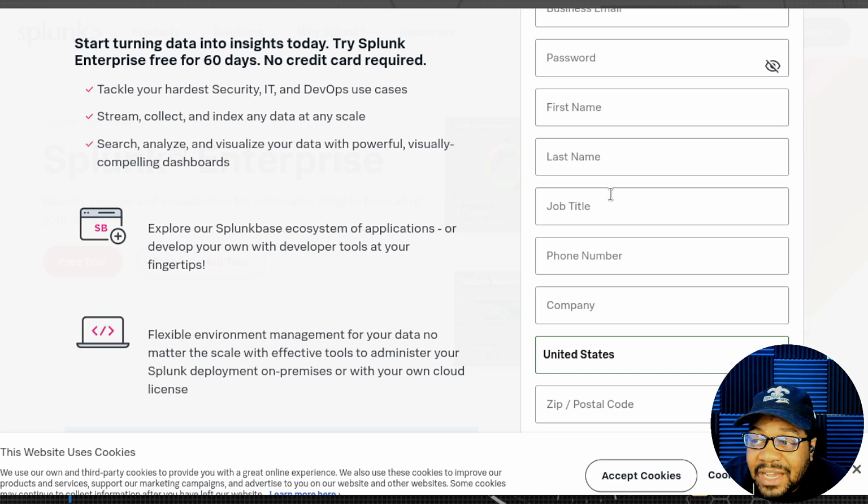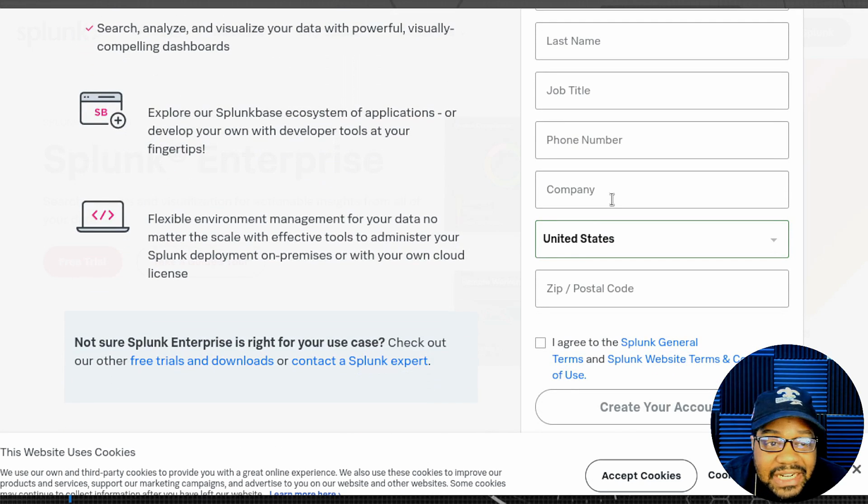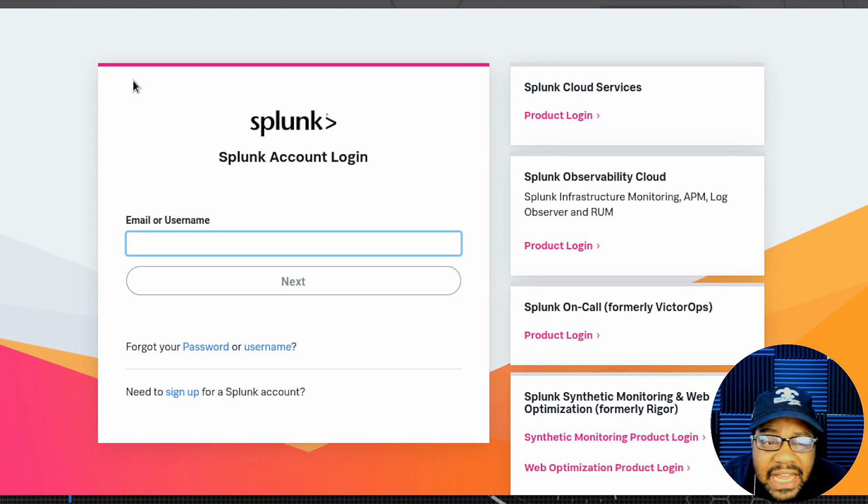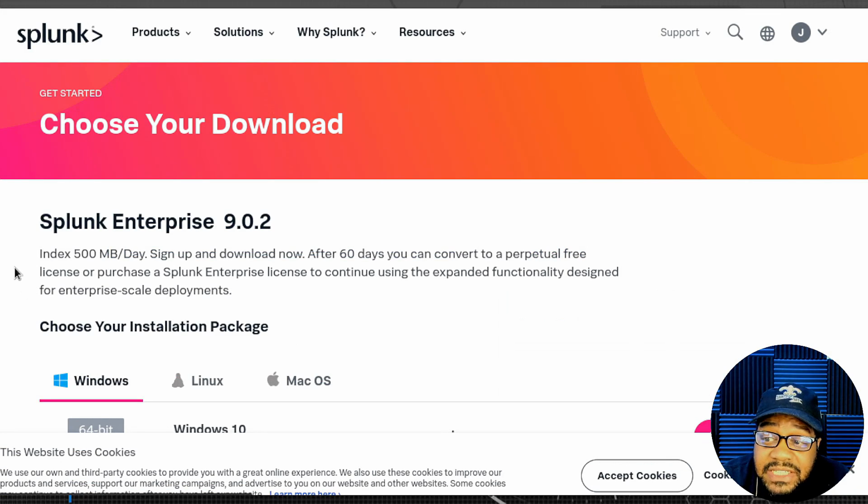It's all good. All they're gonna do is send you some marketing material, trying to get you to purchase this. But if you're not a business, and you're just using it at the house to play around with it, then give them a throwaway email, so they'll send all their spam to that. But once you create your account, log into it, and I'll be back because I don't want to show you guys my login information. Okay, so I'm logged in, and this is where they give you the options to download it